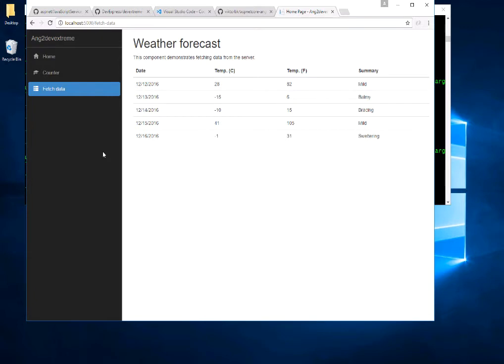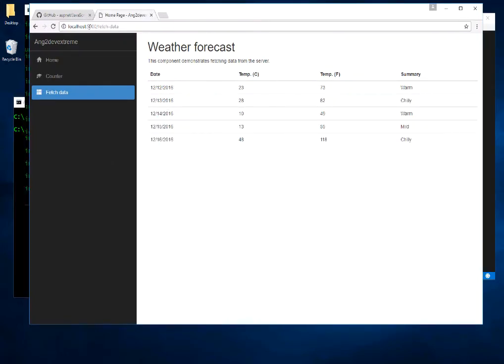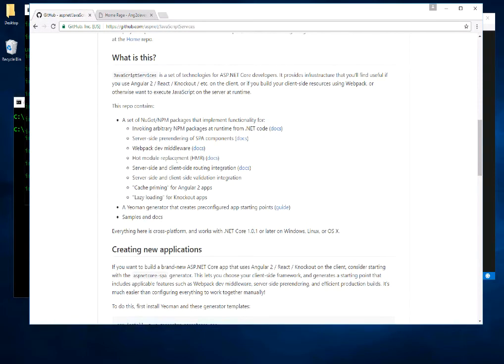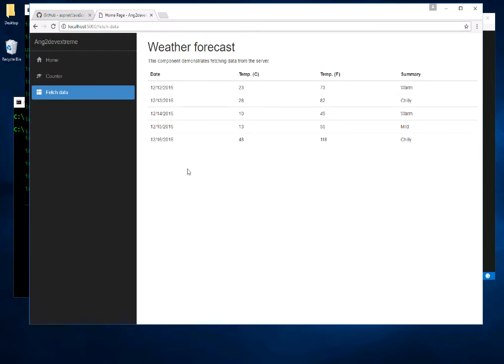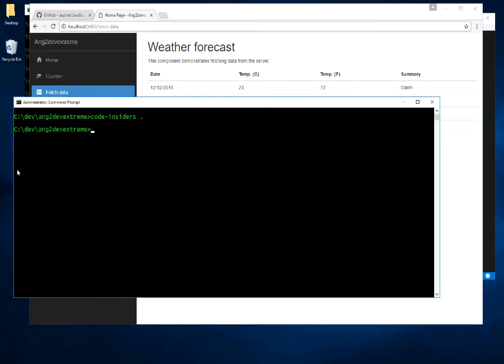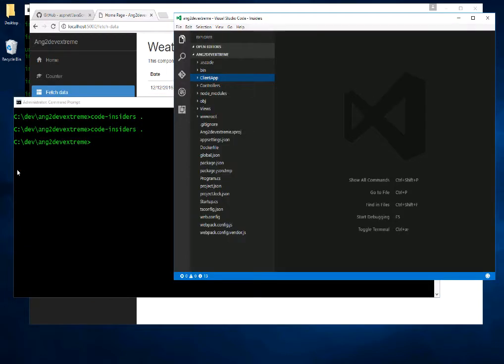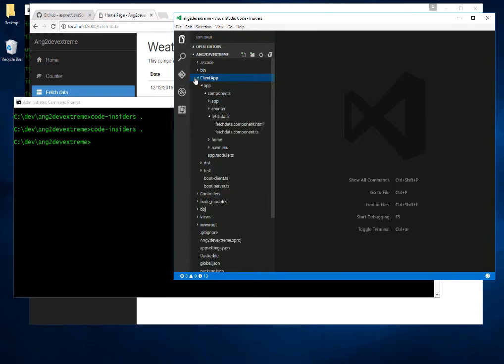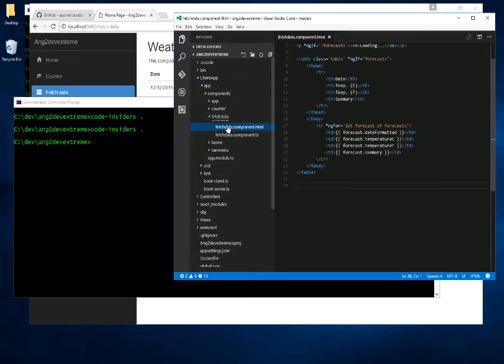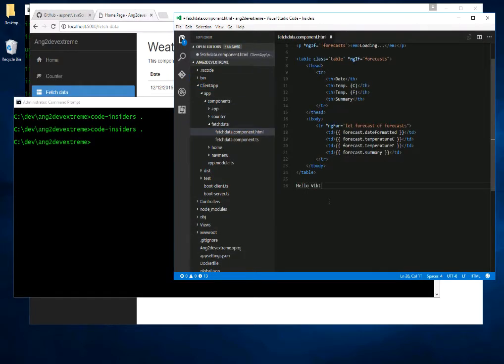in our example. In JavaScript Services, they offer hot module replacement and Webpack middleware, so we can just change our component and get immediately the changes in our browser. So if we open up another terminal and run code insiders, this is a daily version of Visual Studio Code. We go into our project, and we see here we have the client app, and then we go into components, fetch data, and we do changes here like hello Victor, and we save the